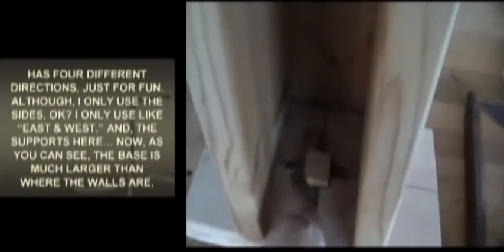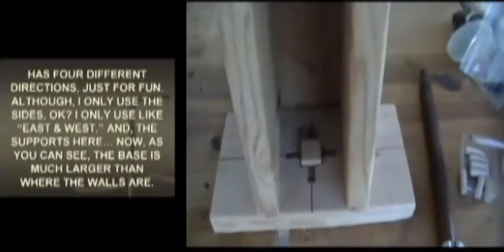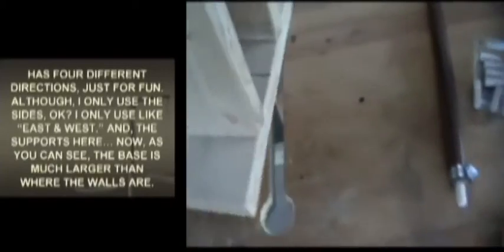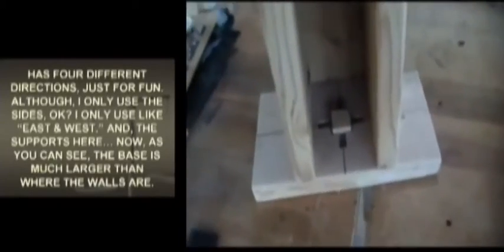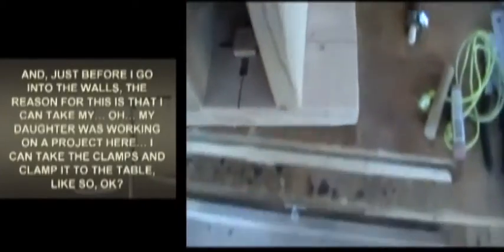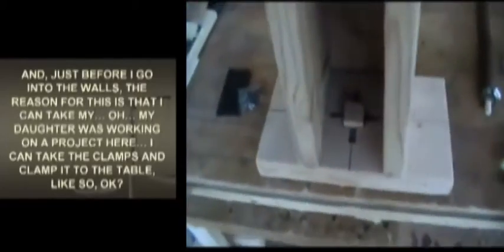Although I only use the sides. Okay, I only use like east and west. And the supports here, now as you can see, the base is much larger than where the walls are. And just before I go into the walls, the reason for this is that I can take my,